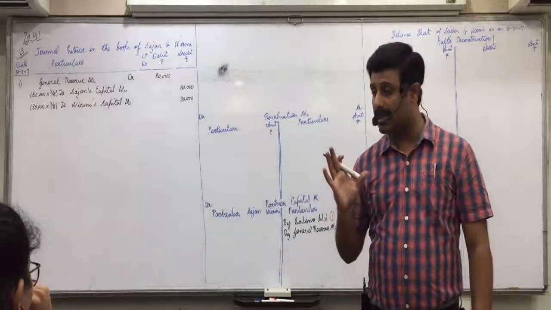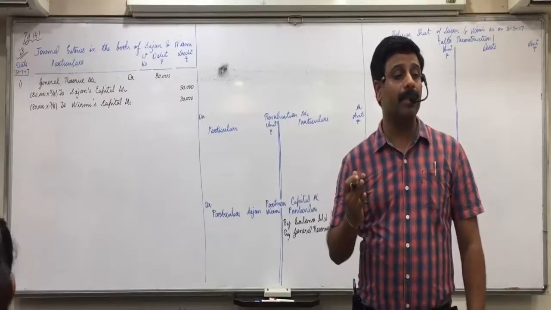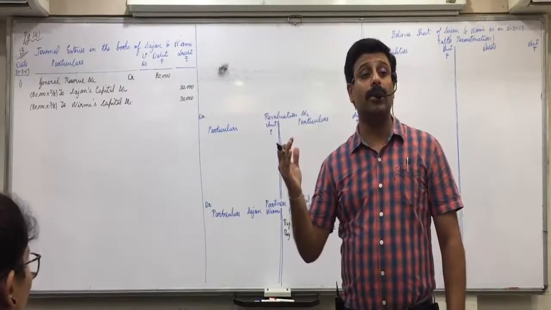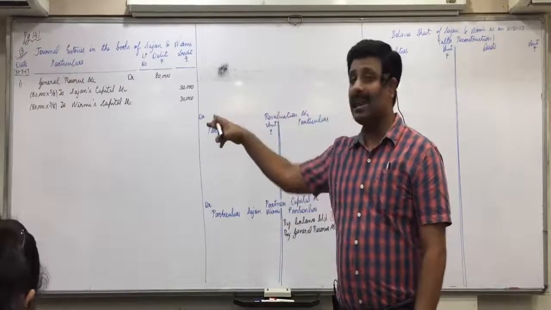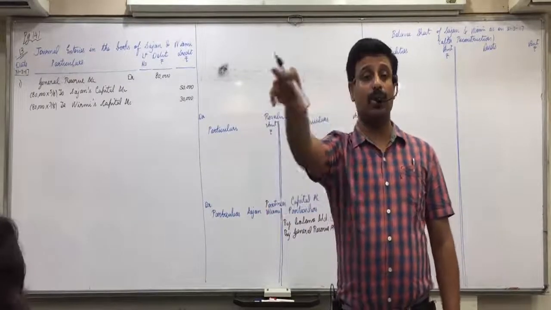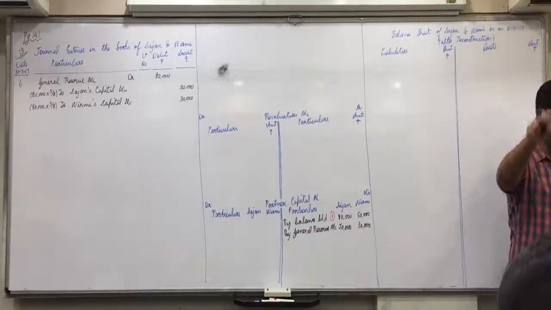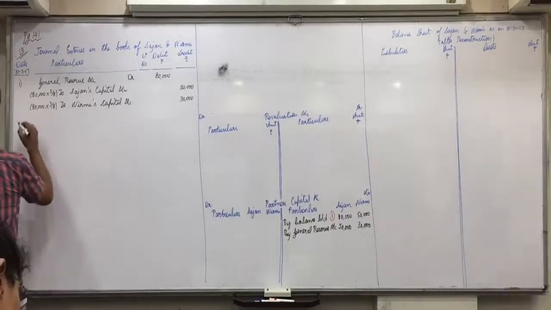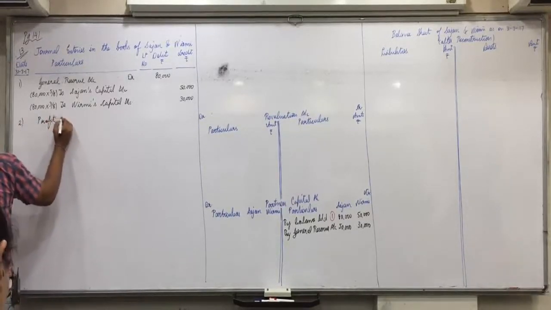Is everyone of you clear with this? So what is the second effect? Invisible effect. General reserve account gets closed. Are you all clear with this? Exactly the same way, do the profit and loss account on your own. All of you. Check it, everyone. Profit and loss account debit 48,000.